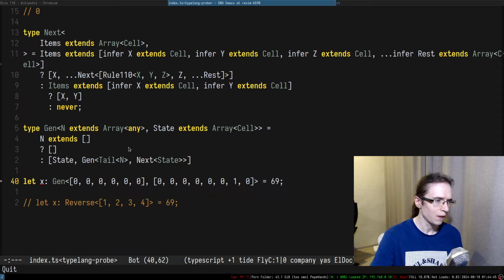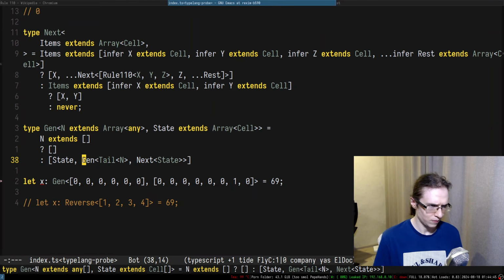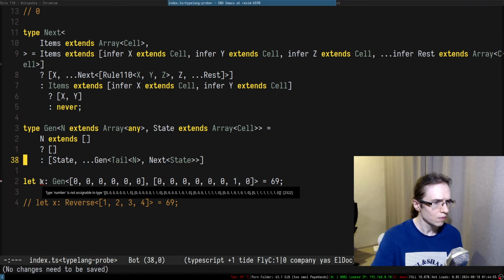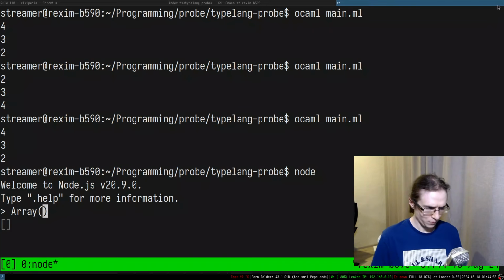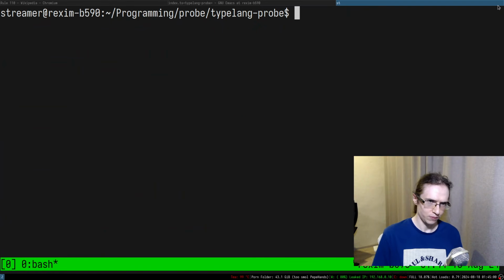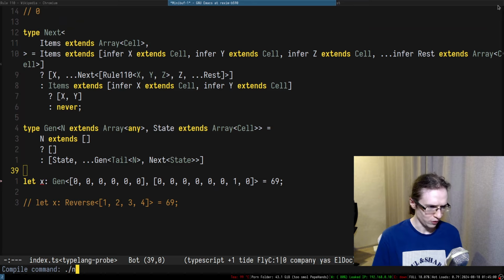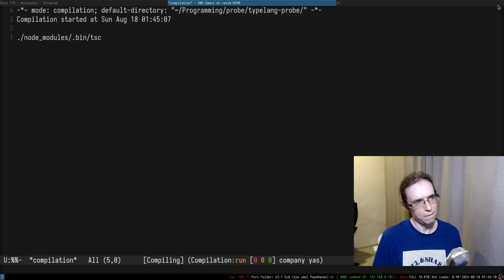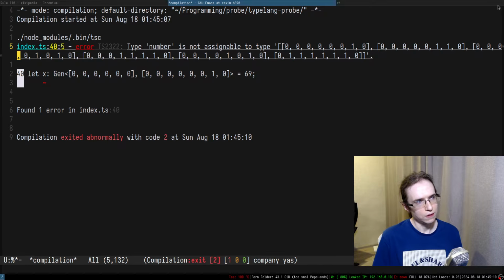How can I print that? I think we're close. I think I'm gonna do the following things. So it's gonna be node bin tsc. All right, and